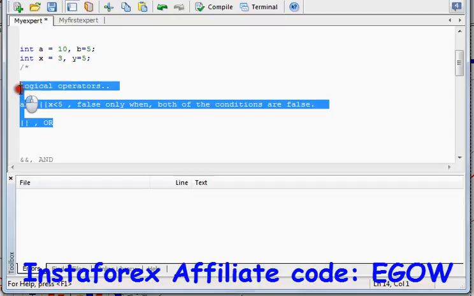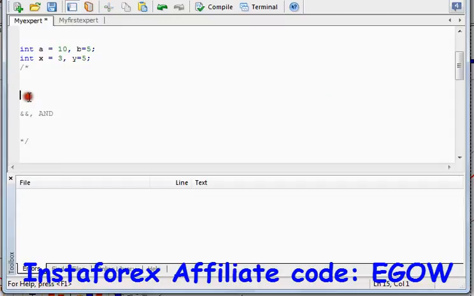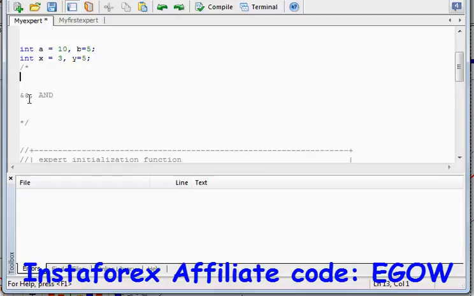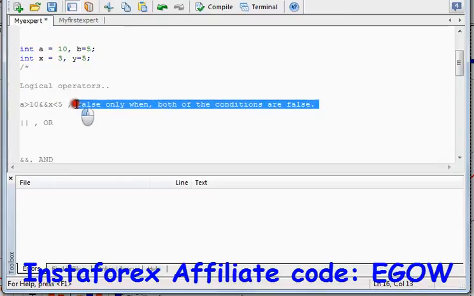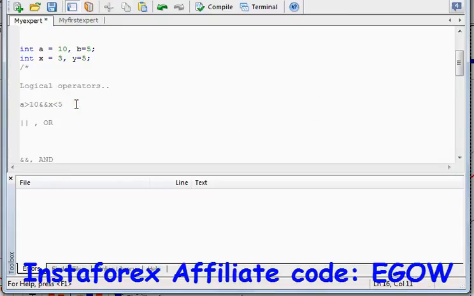So this is all about the OR operator, and the next operator is AND. Let me undo that because I don't want to type more. Let's place an AND operator between them. This AND operator returns true when both of the conditions are true.